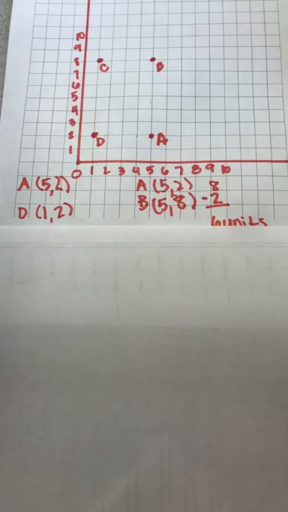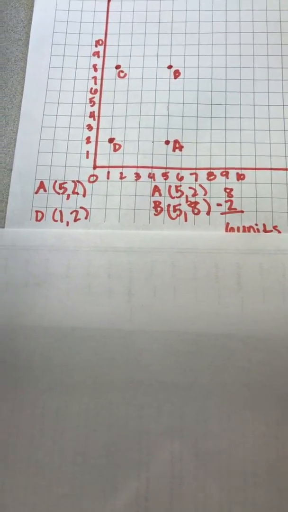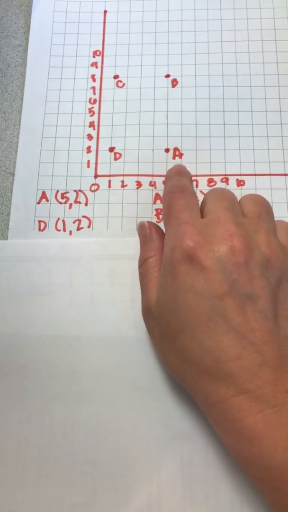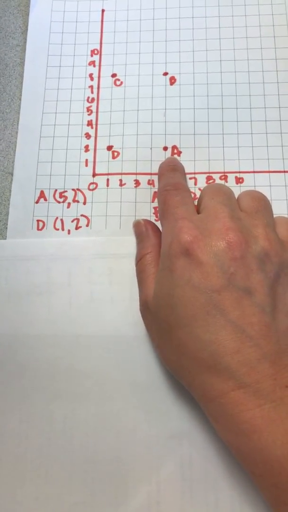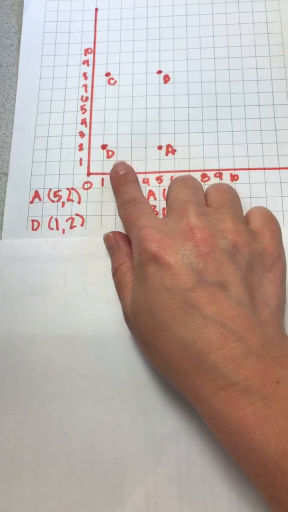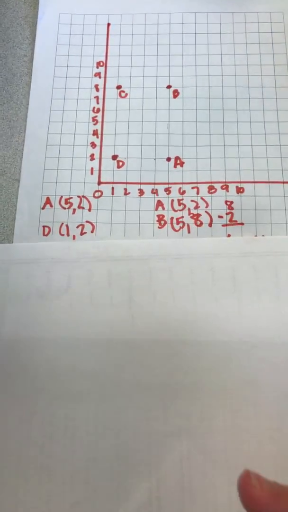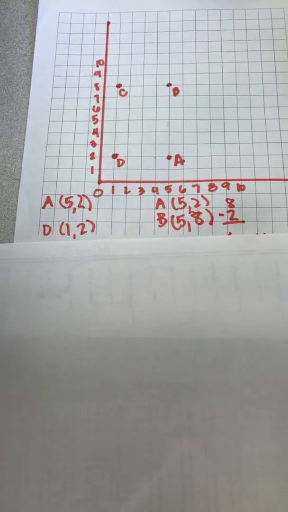So today we're going to talk about the distance between 2 points. What I mean by that is if I'm looking at this graph, it might say, what is the distance between point A and point D? What is the distance between point A and point B? And while that sounds silly because we're just looking at some numbers on the graph, you're going to see in just a few moments